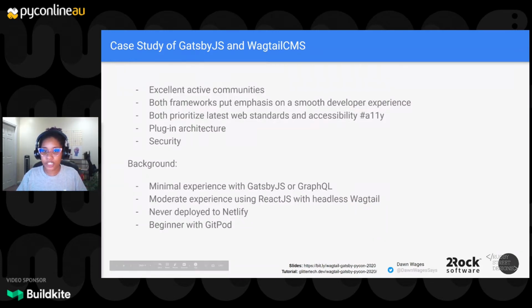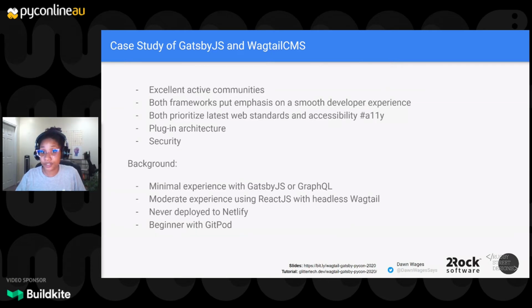All right, so like I mentioned, both frameworks have really excellent and active communities. Gatsby is known for being a really JavaScript-esque, fun framework community. They give out a lot of swag. They love developer experiences. Both have sprints on accessibility. Specifically, Wagtail, I've been a part of updates, and has recently had, this past January, a sprint on accessibility 2020. And Gatsby, even in